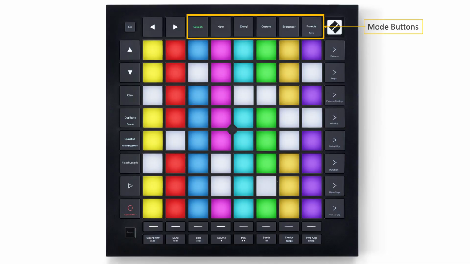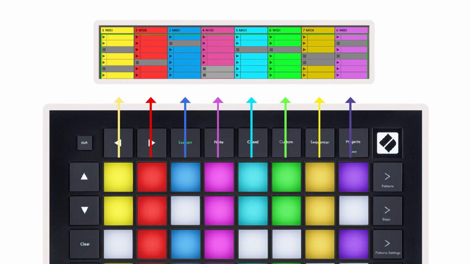The modes are what gives the Launchpad the power to switch between the various functions you'll need to perform in order to use the Launchpad in a very clean and straightforward manner. Each mode contains a different view and essentially causes the grid buttons to switch functionality in order to support the chosen mode. If you select the session button, for example, then the grid will represent the session view of your